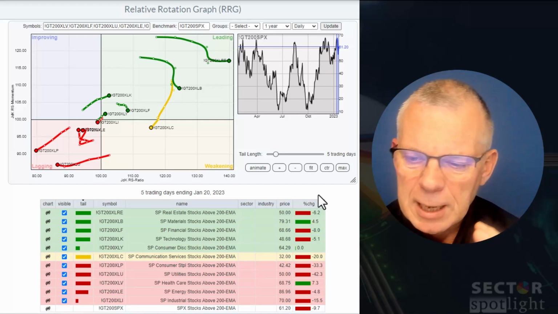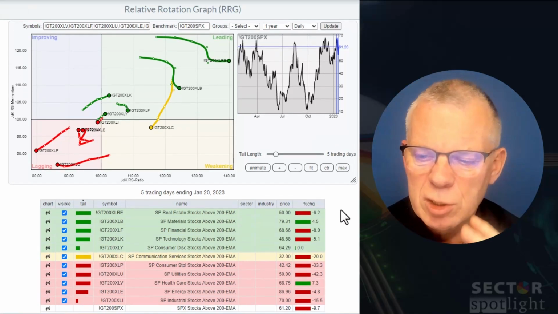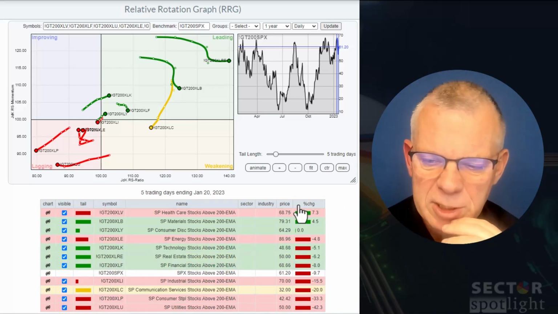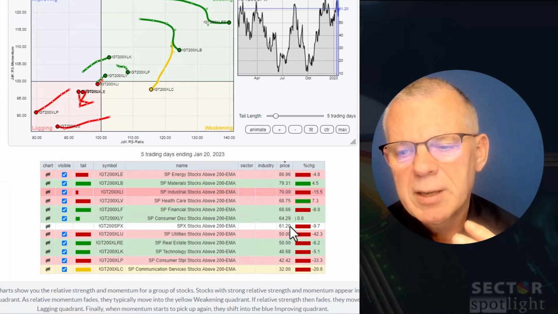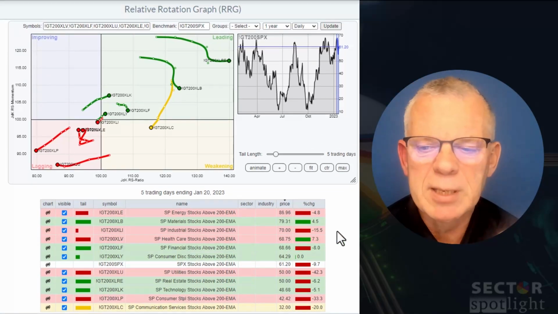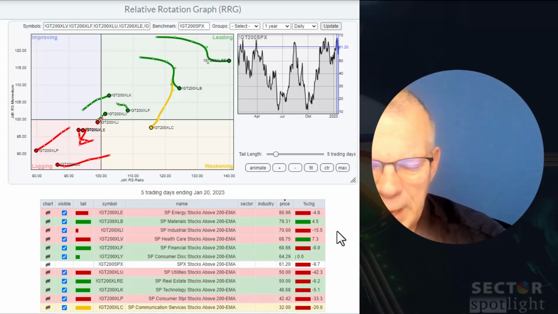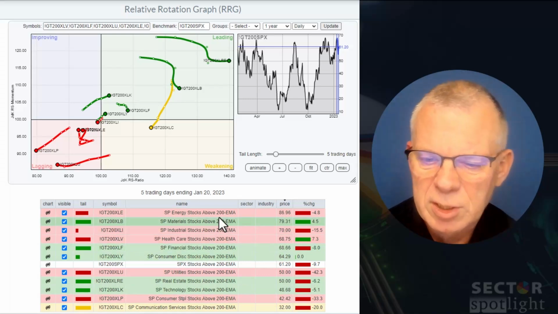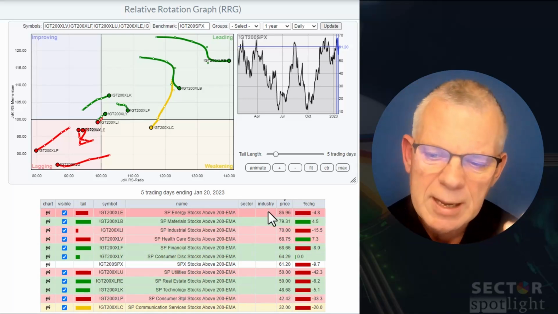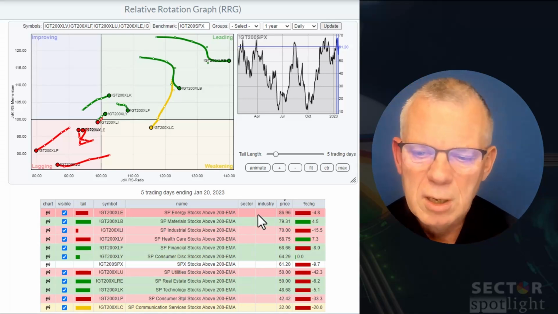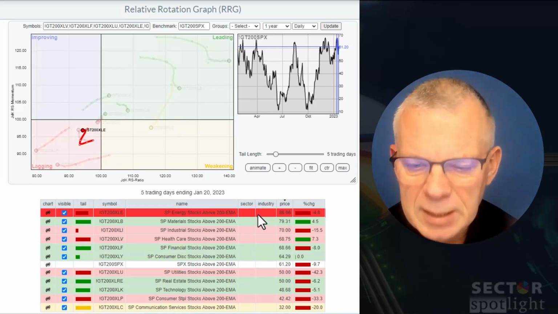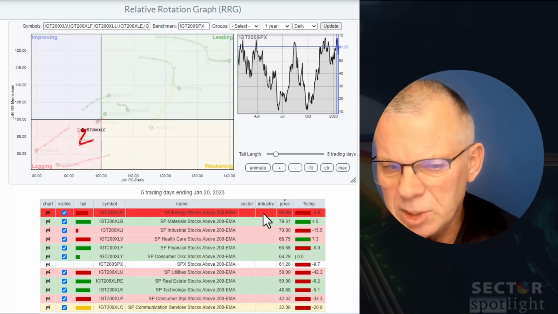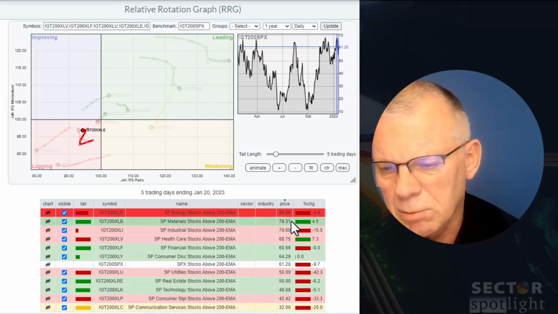And where we normally would look and sort on the percentage change, I think here, and it took me a bit of time to actually pick that up, sorting on price is maybe the better way to rank it and look at it. Because it's range bound, it goes from 0 to 100, and you can see that here in the energy sector, 87% of the stocks are trading above their 200-day moving average. But you can see that the tail is inside the lagging quadrant,